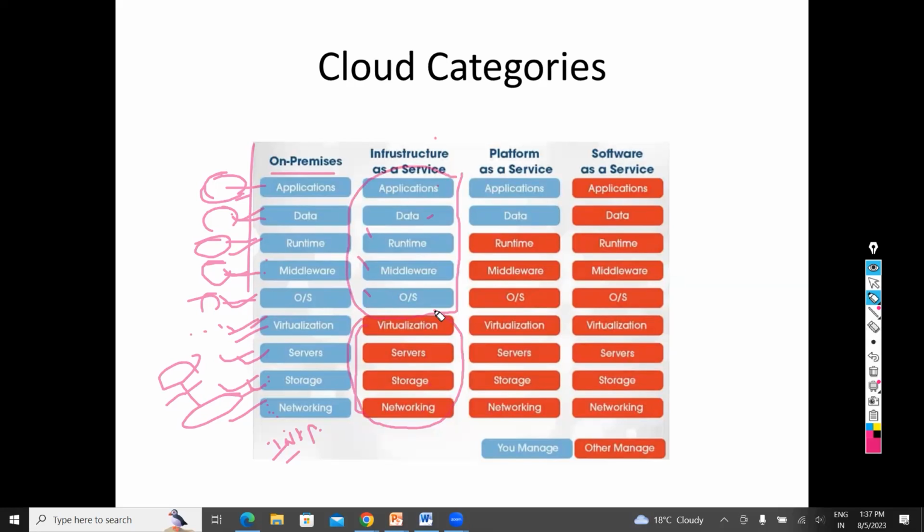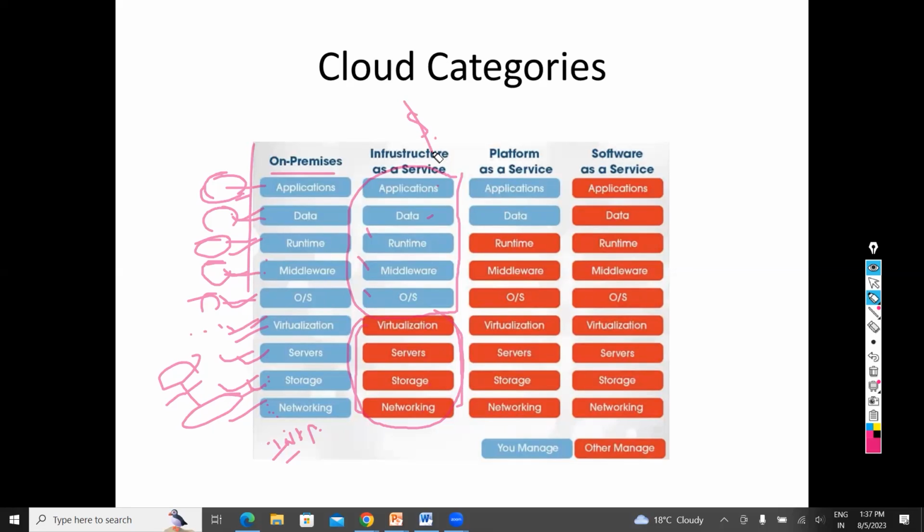As you see here, only four components will be managed by the cloud service provider, and these other things you will manage. So here you will pay a lesser amount to the cloud service provider. Why? Because you are also managing that. But when you don't want to purchase an operating system license, and you do not want to take care of your server patching, your OS patching,